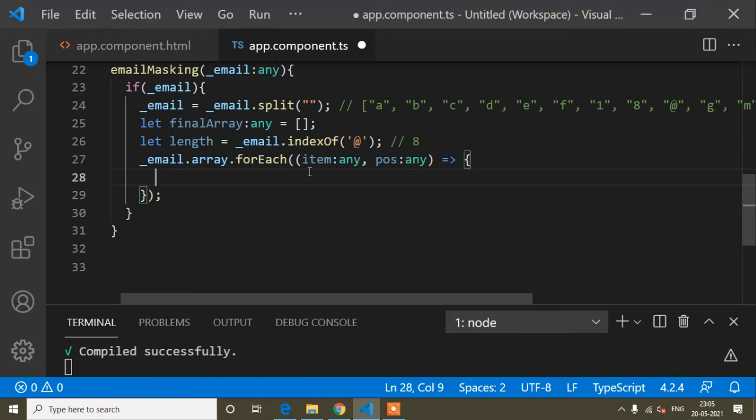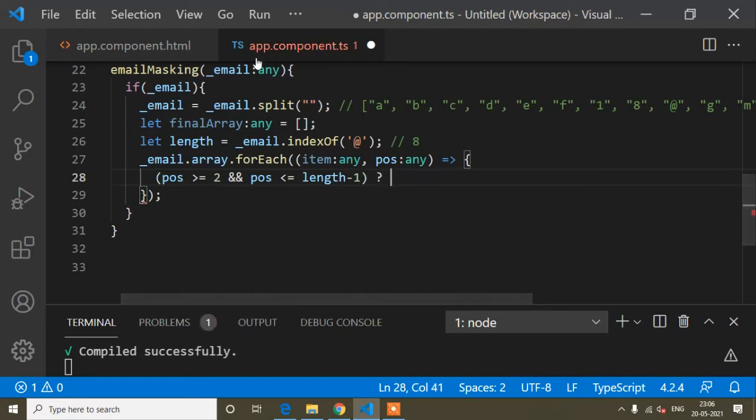So now guys, here I will write this parameter, POS, position. When position is greater than or equal to 2 and position is less than or equal to length minus 1, so first of all I will write it, and then I will explain whatever I have written. Question mark, then finalArray.push(x); this x is actually used for the masking format here.